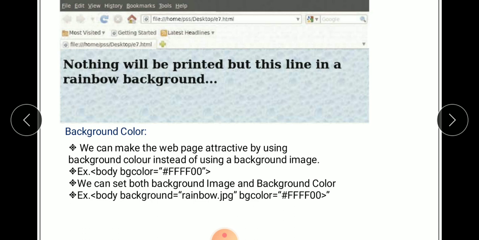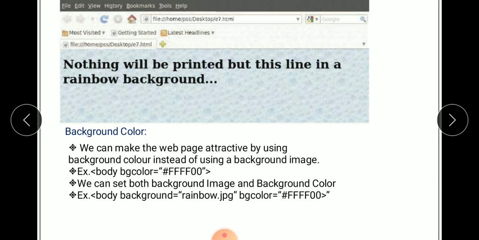The string that defines the red color is FF0000, double quotation close. Here the red color is assigned the value FF. The FF means the hexadecimal equivalent of decimal value 255. Then green is assigned a value 00 and blue is assigned a value 00.